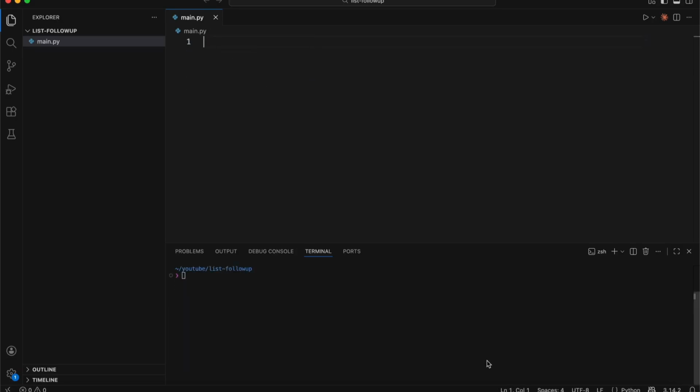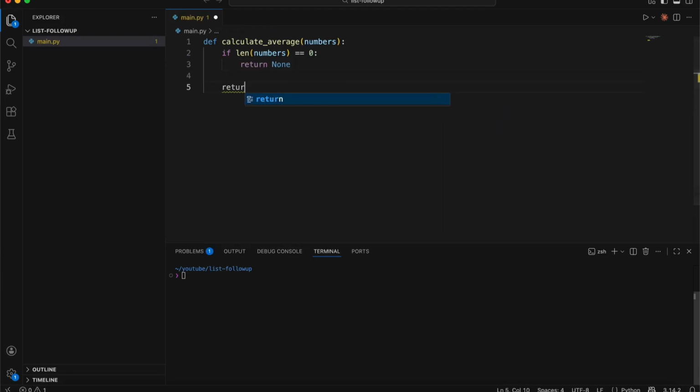Now let's move to the next operation, aggregation. Aggregation takes many values and reduces them to a single result. Let's understand this with an example. We will define a calculate average function. This function computes the average of a list of numbers. If the list is empty, it returns None. Otherwise, it calculates the average by dividing the sum of the numbers by the length of the list and returns